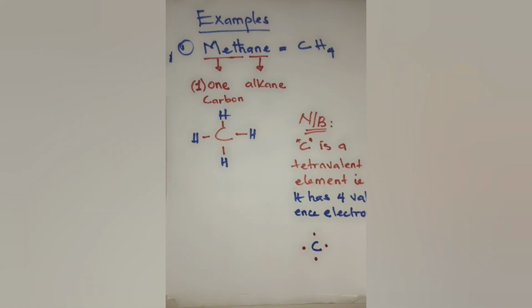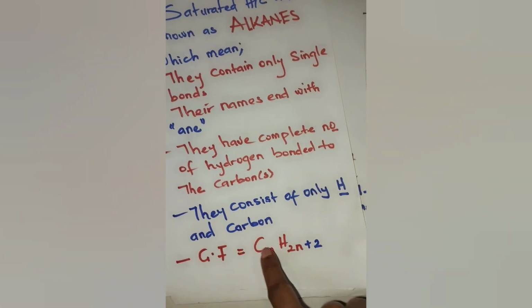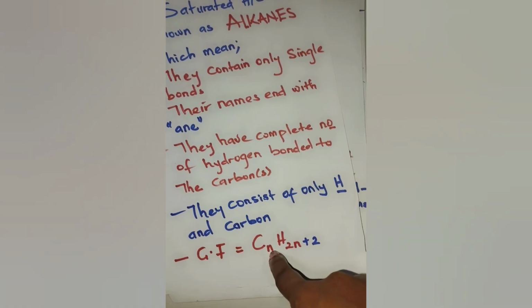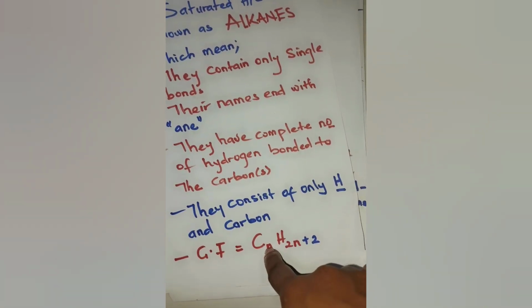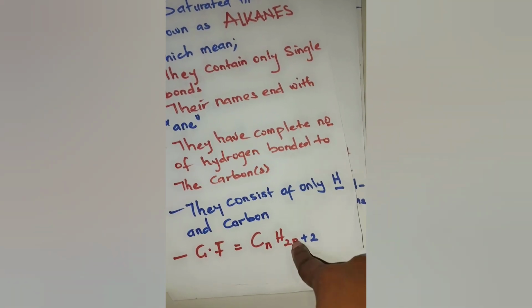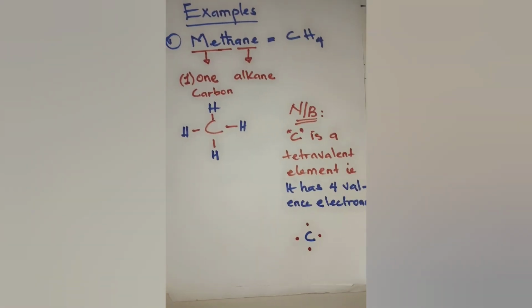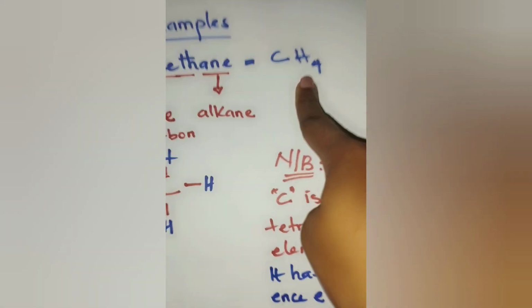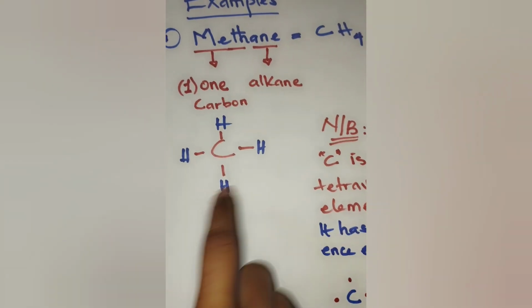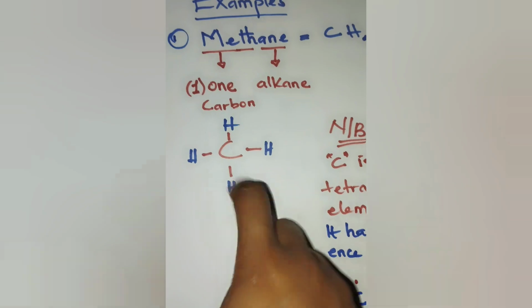Remember, it has a general formula known as CnH2n+2. So if we substitute the number of carbon, which is 1 here, wherever we see n, 2 times 1 plus 2 will give you 4. Hence, CH4. Okay? So the structure of methane is C bonded to 4 hydrogens. And note,